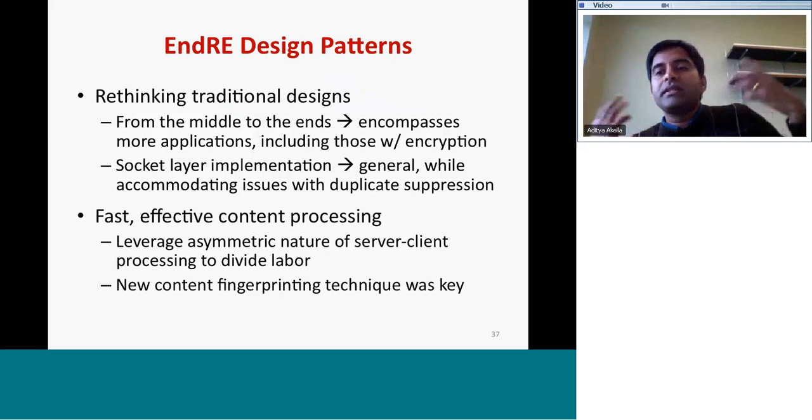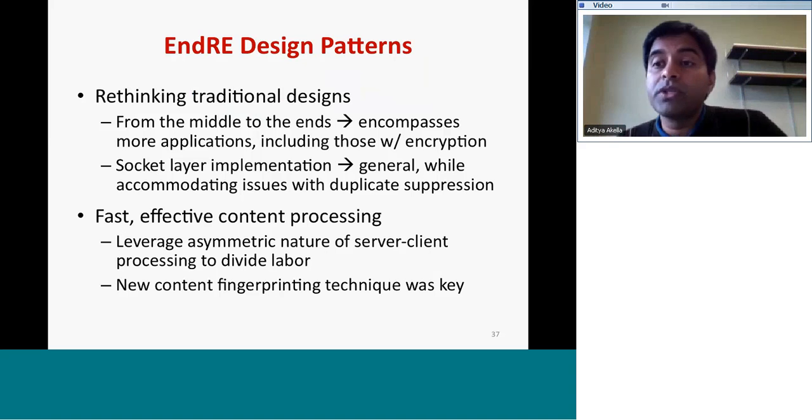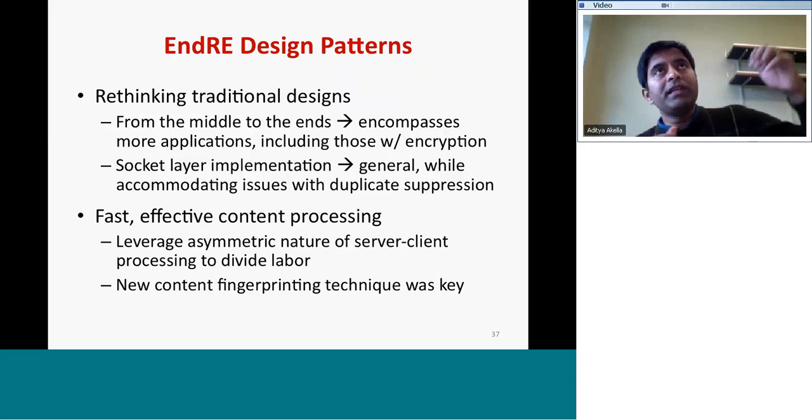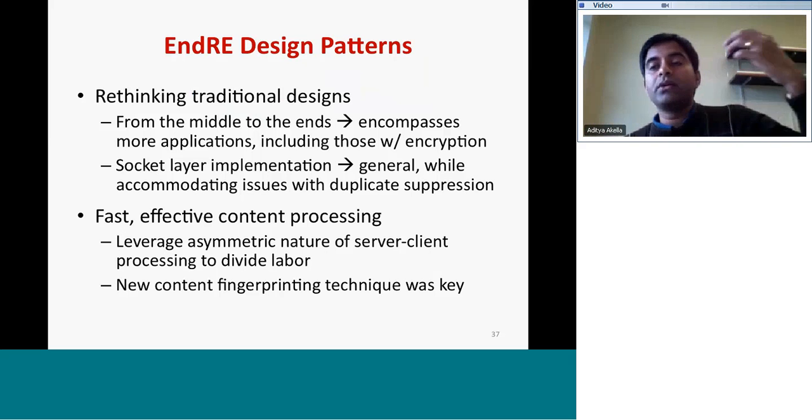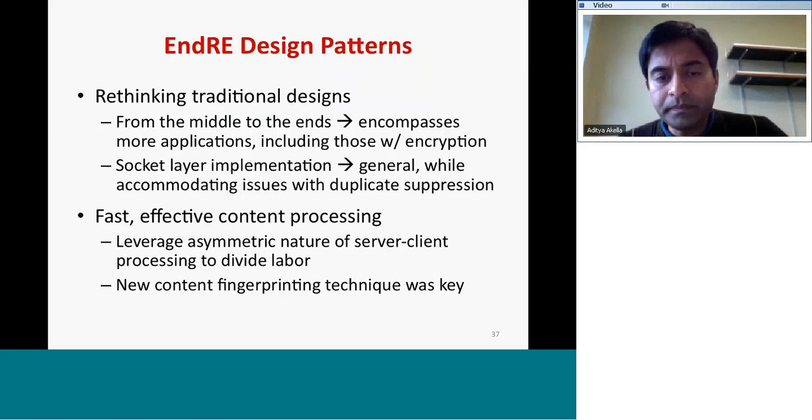Mainly because with things like encryption and with things like mobile devices, this is going to be forced to happen anyway. And if you think about how we ended up designing this scheme, we had to make a careful choice on where to put the functionality, how much to do at the server versus the client, whether to do it at the IP layer or the socket layer and so on.